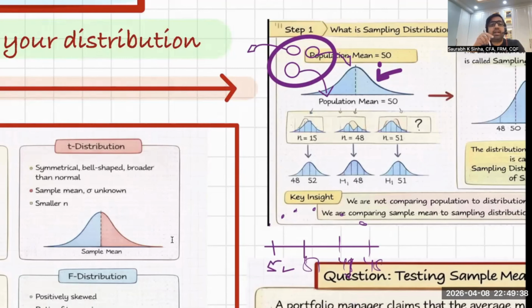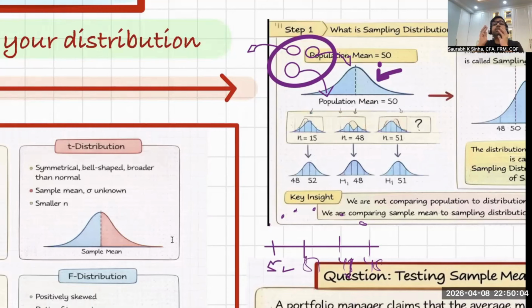that is called a sampling distribution. So what is sampling distribution? Sampling distribution is the distribution of the sample mean, the plotting of the frequency of the sample mean, the plotting of the probability of the sample mean. Population distribution is the distribution of the population values. Sample distribution is the distribution of one sample. Sampling distribution is the